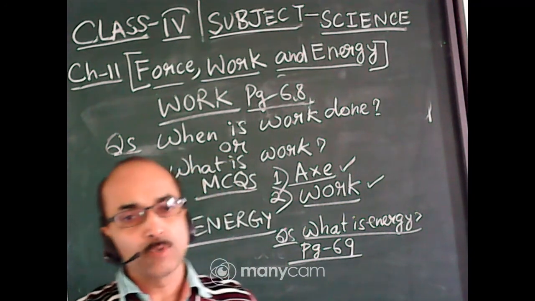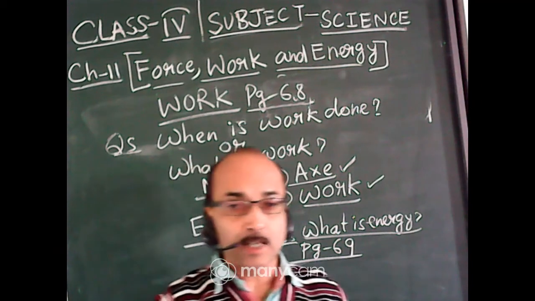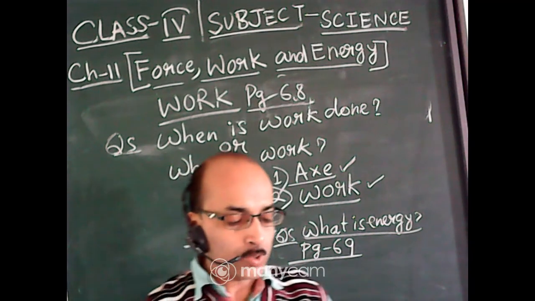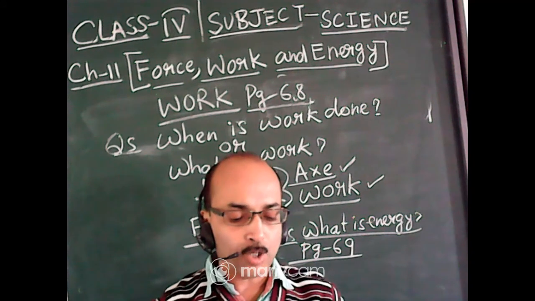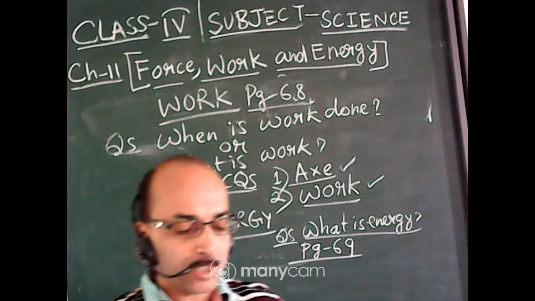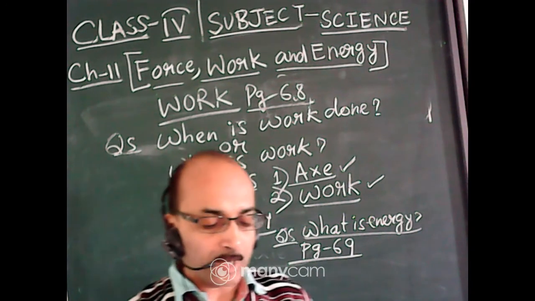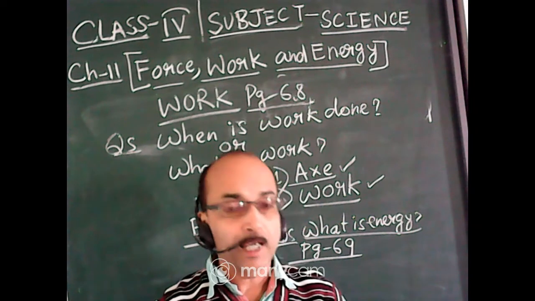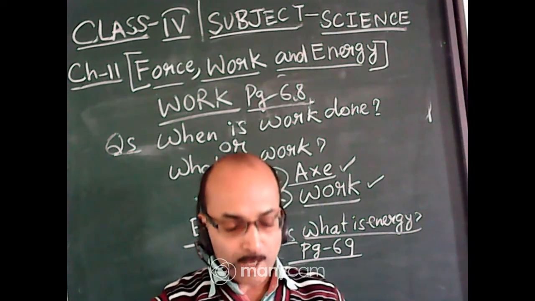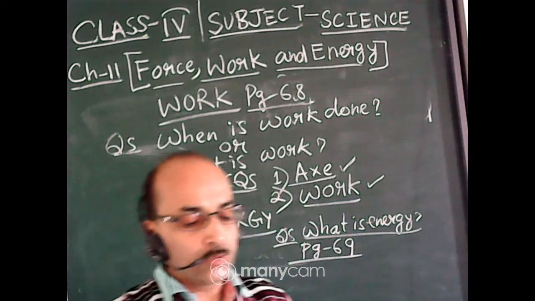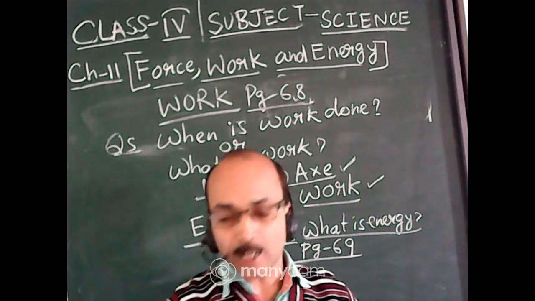Okay. So we have completed the chapter, and there are keywords. You will learn these keywords as one word answers. Force, a push or pull applied on a body. Force of friction, a force that tries to stop a moving object. Simple machines, devices that make our work faster and easier. The ability to do work is energy. So we have completed the chapter today, and now we will do only the tick the correct answer.